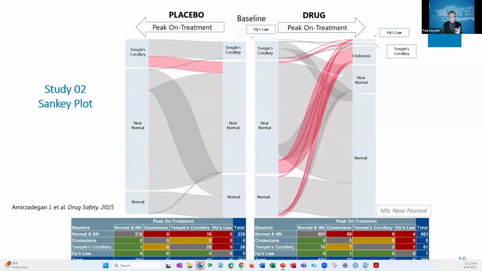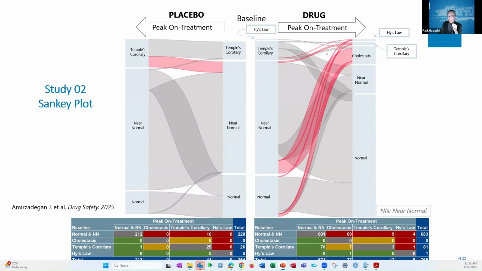I'll give you another example. We looked at another study as well. This is quite a different study, actually. The enrollment, it's cut off here, I'm sorry, 254 and 765, so many more patients, and it was a 3-to-1 randomization. And here, when you look at this, again, visualization of, is there something going on? That's basically what you're asking. Here, there is something going on, and it's worse on the drug side. The red migrators, there's more of them, and a lot more of them, actually, than on placebo.